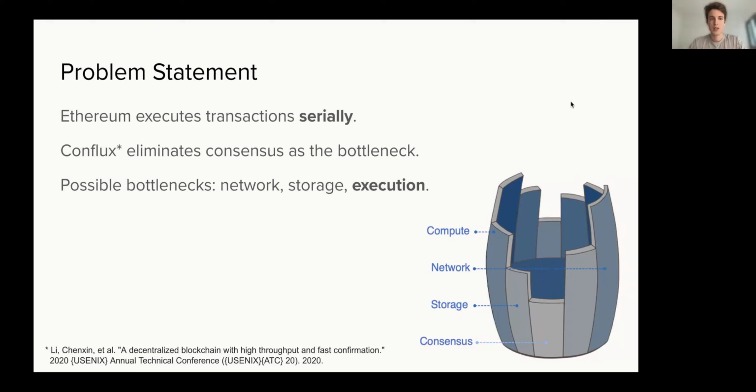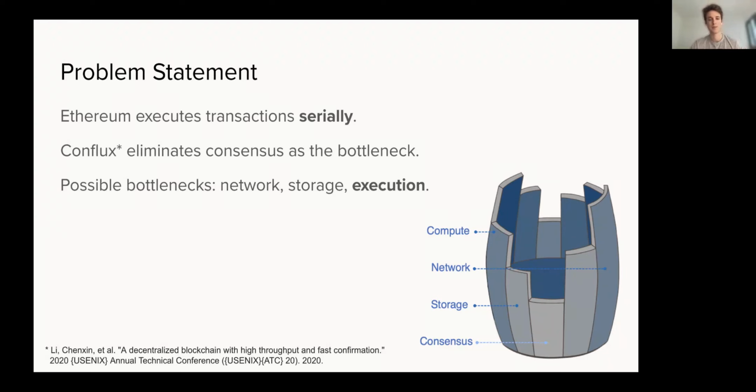So the problem that we are looking at is that Ethereum and similar blockchains execute transactions serially. Now, in many systems, the consensus might be the bottleneck, but some recent innovation in Conflux and some other systems managed to eliminate the consensus as the bottleneck. So the new performance bottlenecks in terms of the hardware resources could be network, storage, or transaction execution. We argue that the latter one, transaction execution, is the hardest one to tackle,